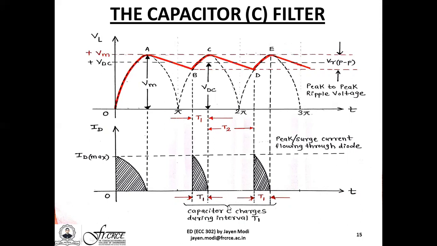So whenever the capacitor is charging during intervals T1 as shown, the current which it will draw will be very, very high. So this will give rise to current spikes, which the PN junction diodes, in fact all four PN junction diodes, should be able to withstand at each and every point in time.